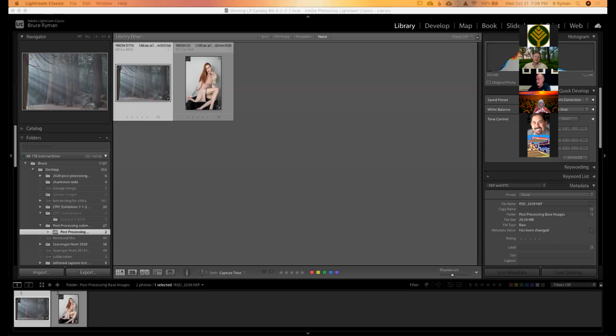But again, it's a good opportunity to share all of our processing techniques, what we do, and also a good opportunity to learn from others. So with that, we'll go ahead and start. I'll have Bruce start rolling, and the way we'll do this, we'll go all the way through one of the images and then circle back and go all the way through the second one.